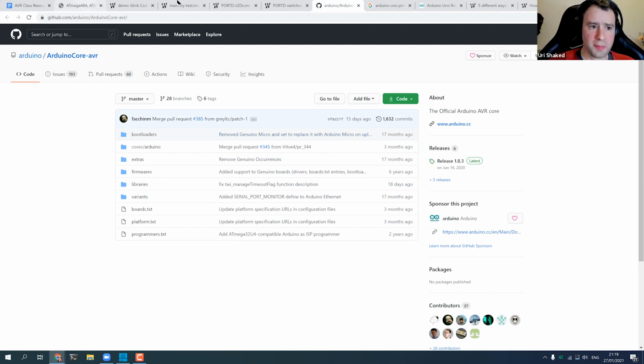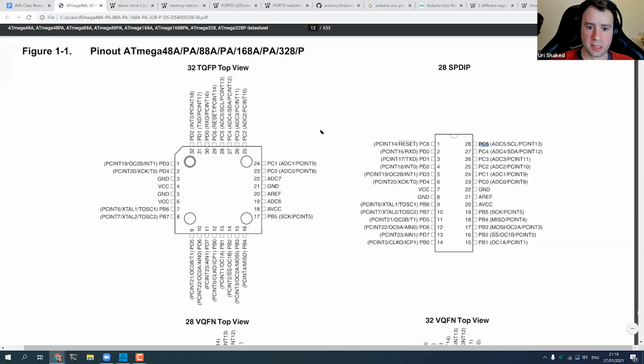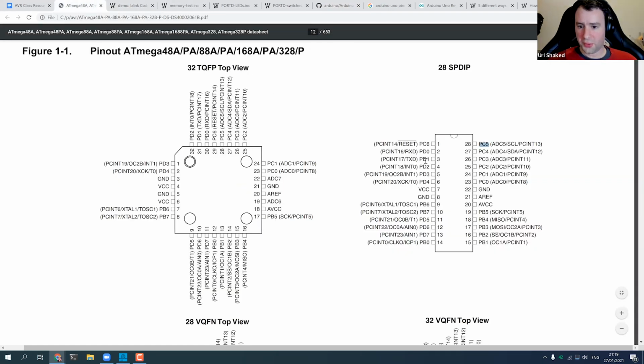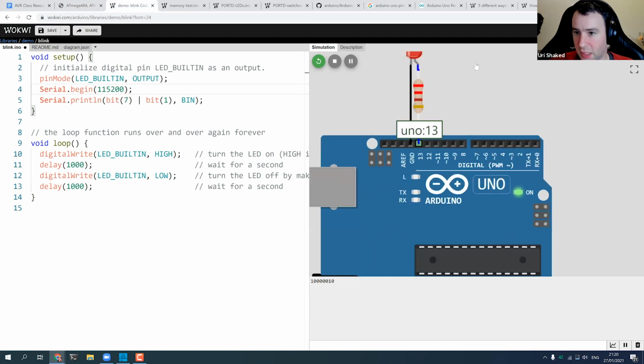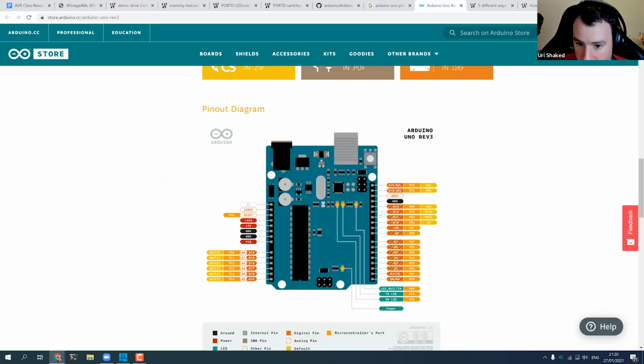Anyways, getting back to the pins. We now know how to map between Arduino pin numbers and those PC1, PC2 names. And let's see, we have this LED. It's connected to pin number 13. And according to this pinout, pin number 13 is actually PB5.